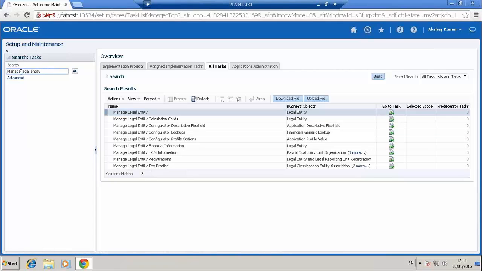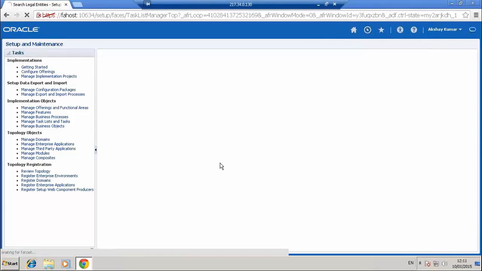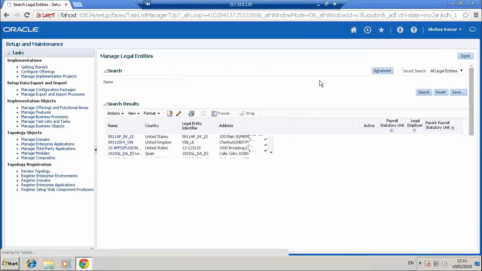and search legal entities. Most of them don't know this. Search legal entities. So the legal entity which I have created, this particular task is not known to most of them.